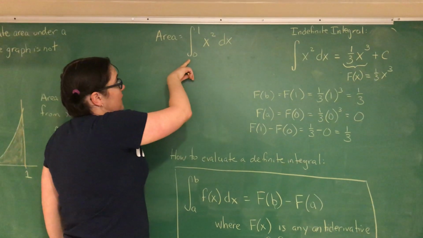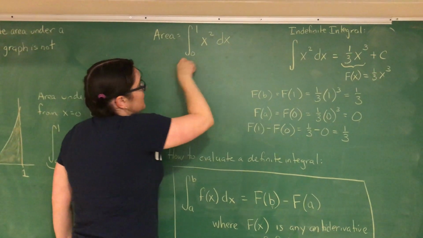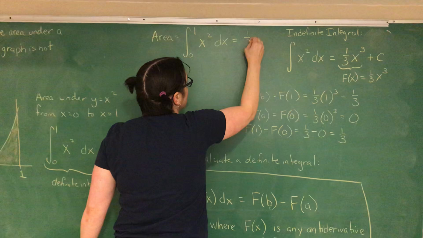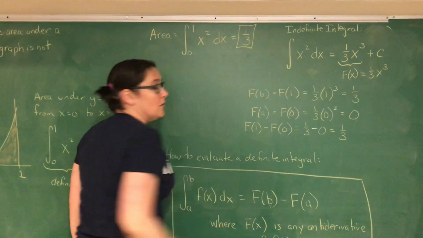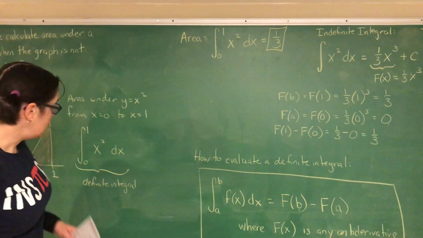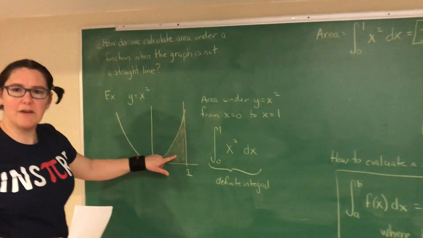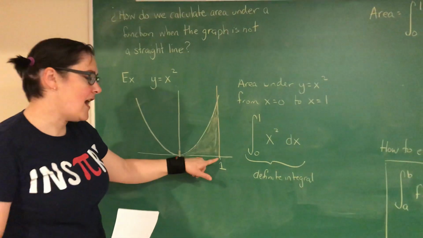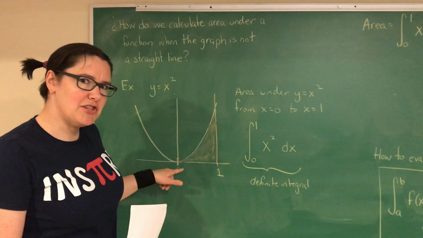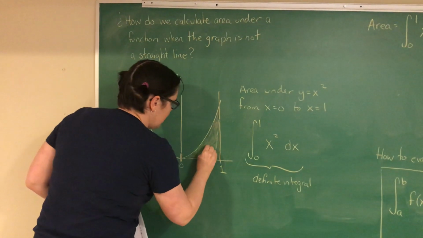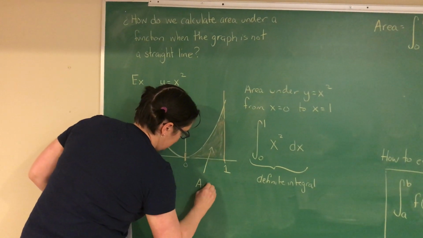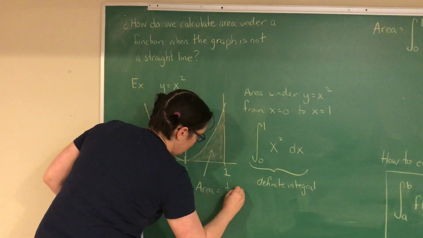So our area, the integral from 0 to 1 of x squared dx, is equal to 1/3. So the area right here inside this triangle-ish shape is equal to 1/3